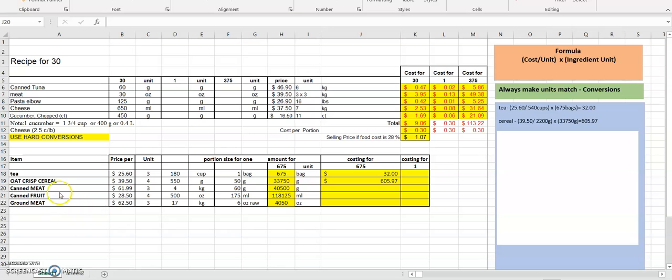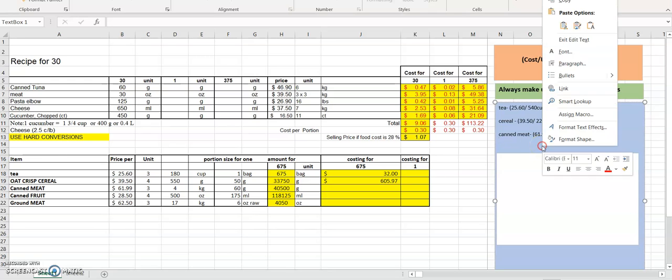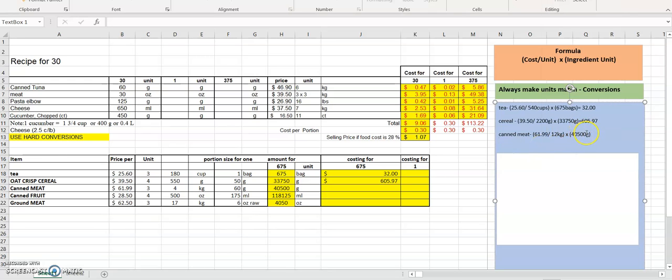Okay, on to canned meat. Okay, so here's our canned meat. So we have 3 by 4 kilograms. We can change that to 12 kilograms. And again, our units don't match, so you can either change grams to kilograms or kilograms to grams. In this case, I'm gonna do grams to kilograms. So it's gonna be 450,